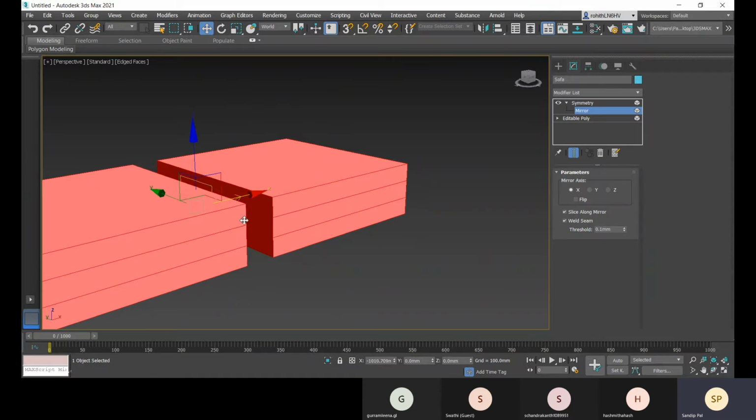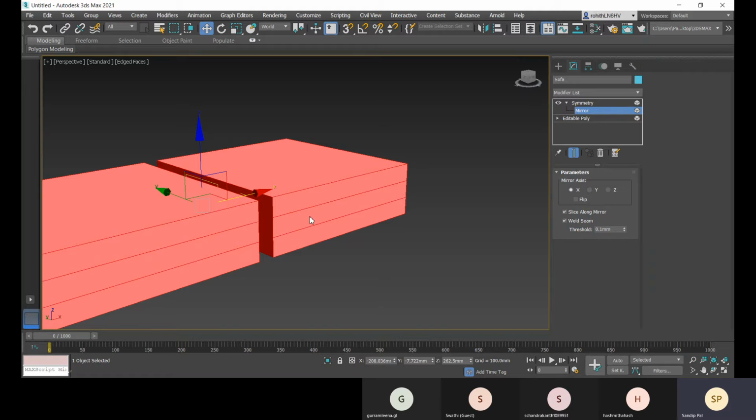So why am I choosing this symmetry option? Because I'll be working only on half of my object, and then I can have the mirror reflection on the other half. So I won't be creating it again, it will be duplicated on the other half. That's why I'm going with this symmetry. I'll just be working on that half part which I have created with that box, and the other part will be symmetrical with this symmetry modifier.